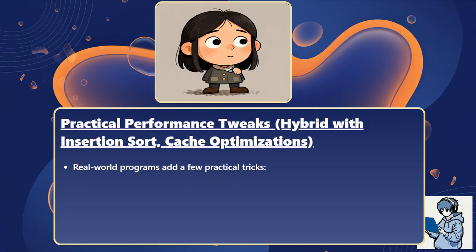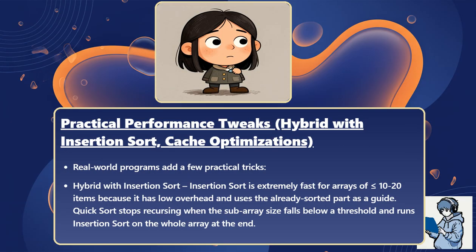Real-world programs add a few practical tricks. Hybrid with insertion sort is extremely fast for arrays of less than or equal to 10 to 20 items because it has low overhead and uses the already sorted part as a guide. Quicksort stops recursing when the subarray size falls below a threshold and runs insertion sort on the whole array at